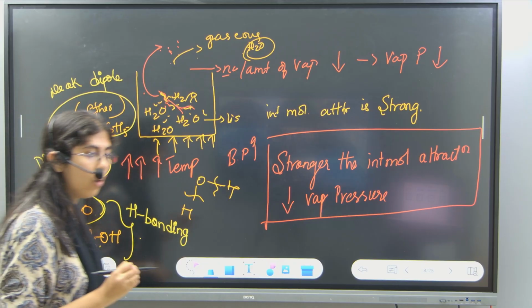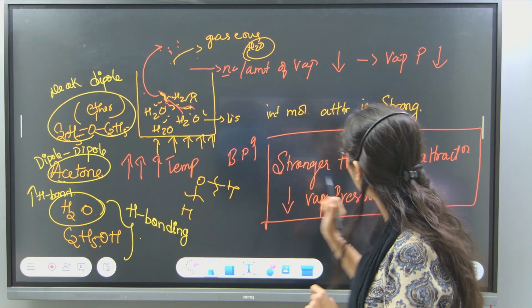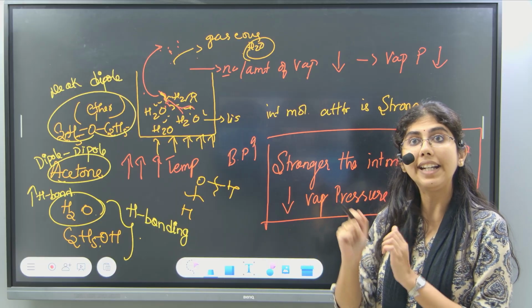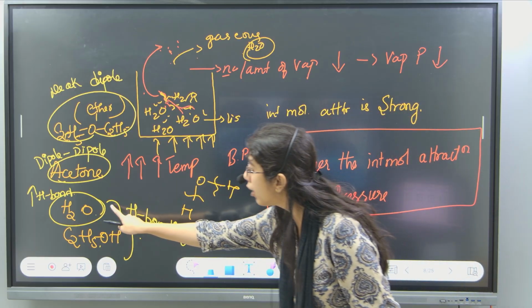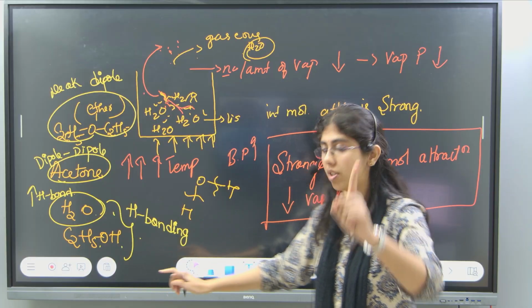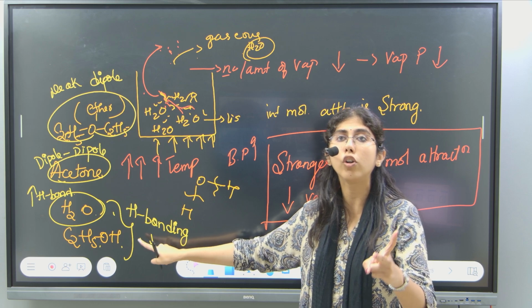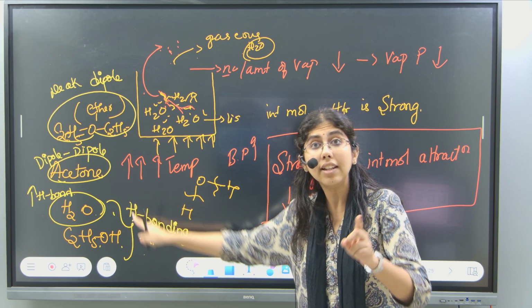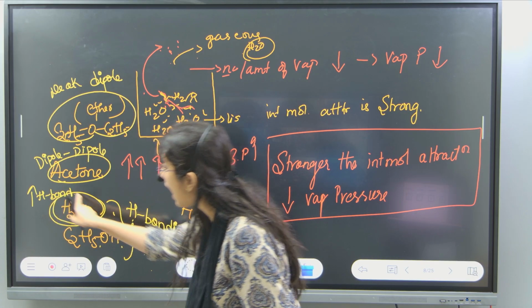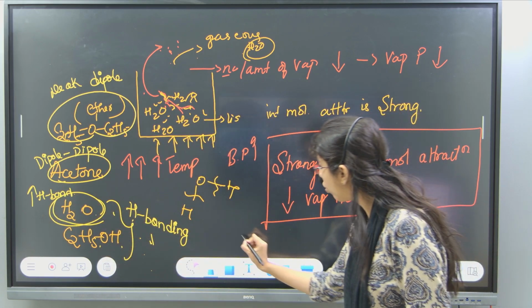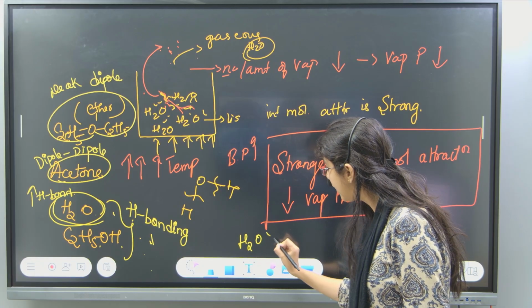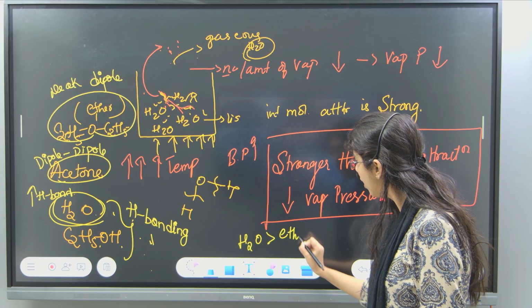Okay? Now, I will show you the order of intermolecular attraction. Hydrogen bonding is the strongest. We have 2 molecules which show hydrogen bonding. In these 2 molecules, water has high hydrogen bonding. So, water first, then ethyl alcohol,